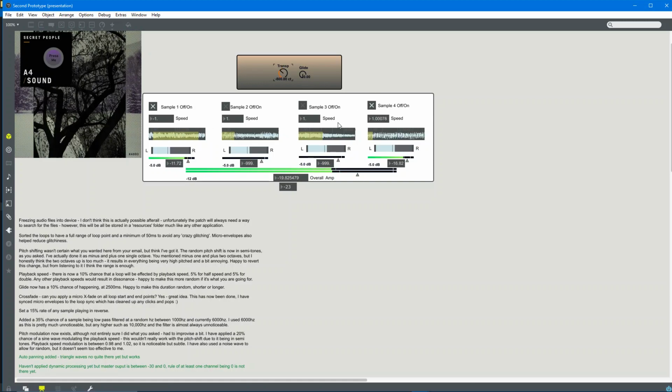You might notice that a lot of these generations happen even if the loop's not playing. So I'll just give you an example. Over here, for example, sample 4 is not playing, but clearly some modulation has been chosen and also some panning has been chosen. So if you think about it, it reduces the chance of it happening, the fact that one of the occurrences happened whilst the loop was turned off. Say the loop comes on, the next one, it's unlikely that the modulation will be chosen again,